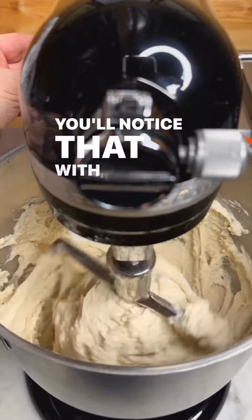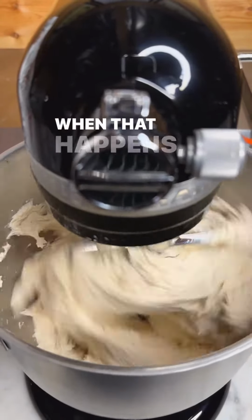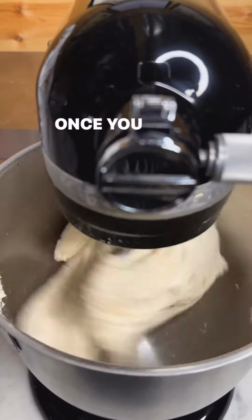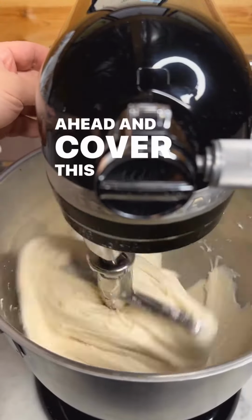You'll notice that with the paddle attachment, it's going to start to pull away from the bowl. When that happens, go ahead and turn the machine up to speed number 4. Once you see that the dough is pulled away from the bowl, go ahead and cover this for 20 minutes